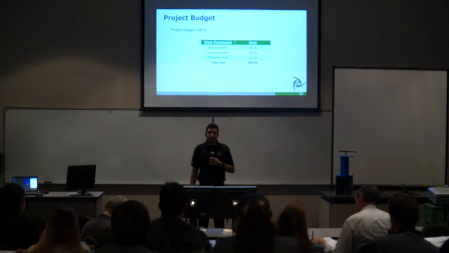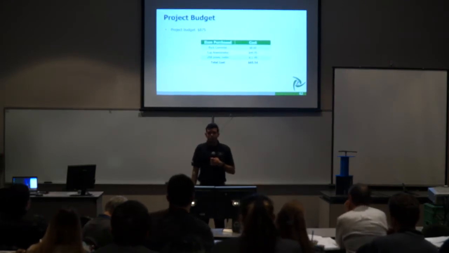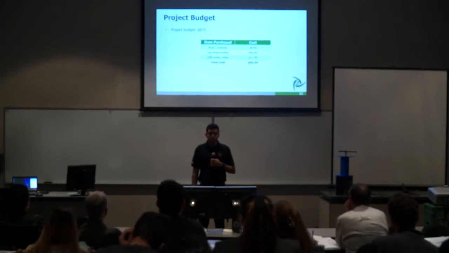Project Zephyr was assigned a budget of $875. This budget encompasses all purchases from preliminary design to detailed design. Anything that is purchased must fall under this budget for both semesters. The items that will be purchased or have been purchased for Project Zephyr so far are listed in the table